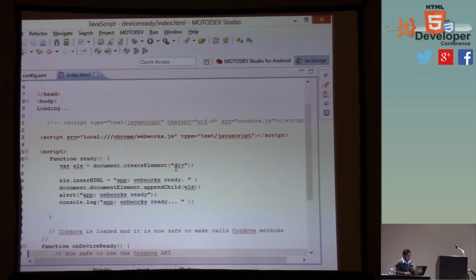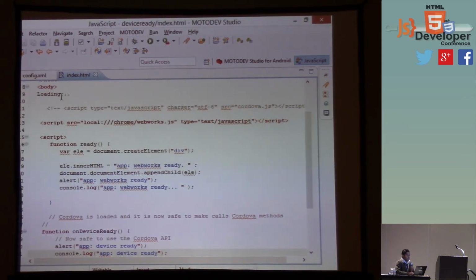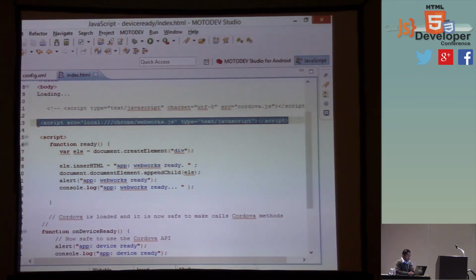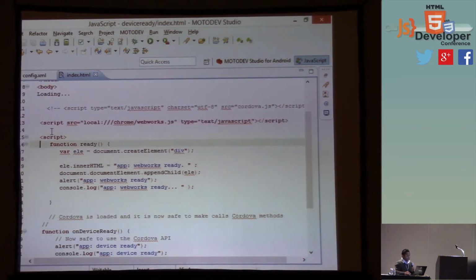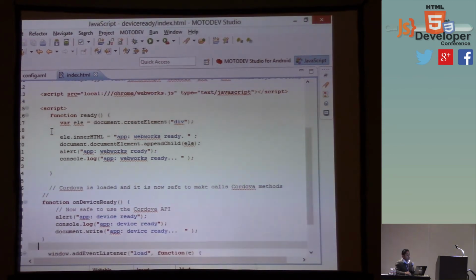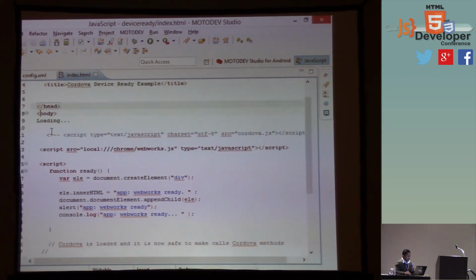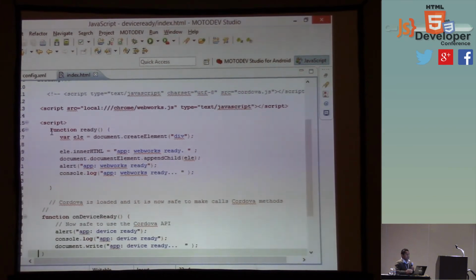So here in the body, this is what I put in the application just to know that, oh, it's working. But then, because this is a Webworks app, I need to have this for BlackBerry. And PhoneGap, you don't need that one. You'll probably just use a Cordova.js file. And then once the application loads, you have to wait for the device ready.